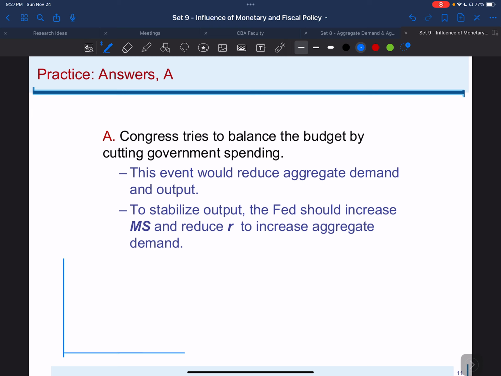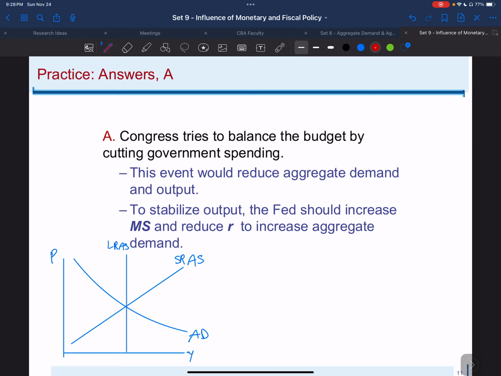So we have short run aggregate supply, and we have long run aggregate supply, and we have aggregate demand, real output, and level of the prices. So if Congress tries to balance the budget by cutting government spending, it is going to